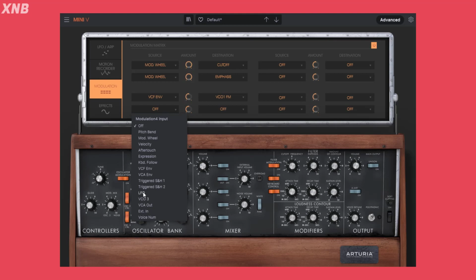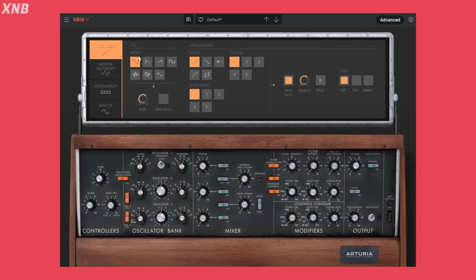I'm going to select LFO. When we select this LFO that says LFO, he's talking about this LFO. If you go to LFO in ARP, right here you get an LFO generator. So this one is an LFO, and it's going to just run the whole time. And you can, of course, sync to the DAW tempo, and you can alter the rate or select a different